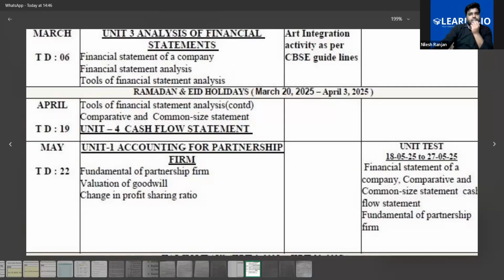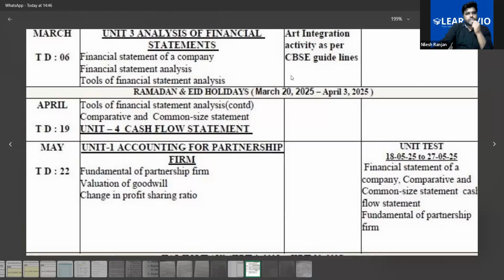Is there any test nearby you have? I had my first test on Sunday. In school? Yes. And the next test will be on? For accounts, it'll be in September or October. So the next unit test will be in September, September, October. Until then, we'll try to complete